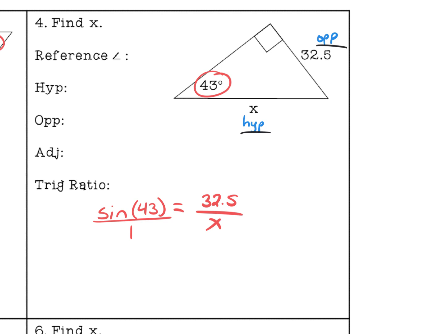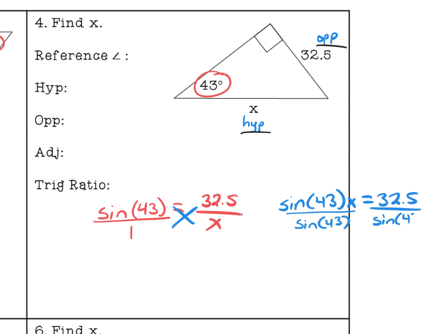I want to show you a little trick to save you some time. So normally we would do this, and it would turn into sine of 43x equals 32.5, right? How would I get x by itself here? I would divide by sine of 43. Now, is that going to be pretty annoying to do every time? Do you want a trick? What I want you to think of this as,